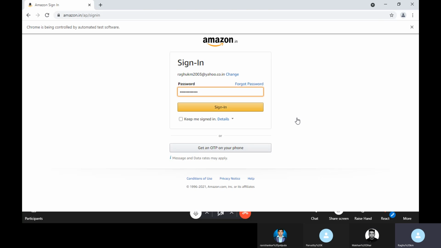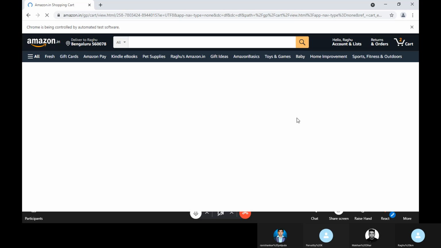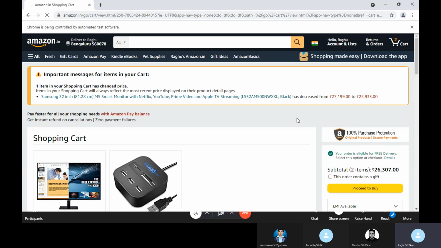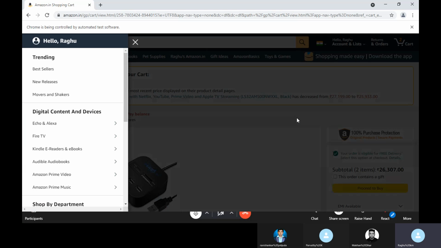Sign in. Then I'm going to All. In the upper top you're seeing All, to click All. The system is a bit slow, that's the reason it is taking too much time.